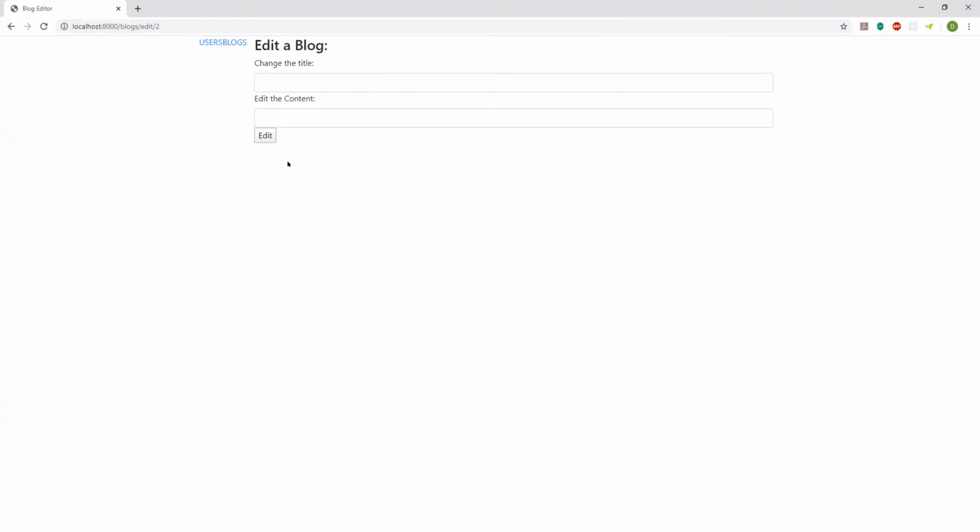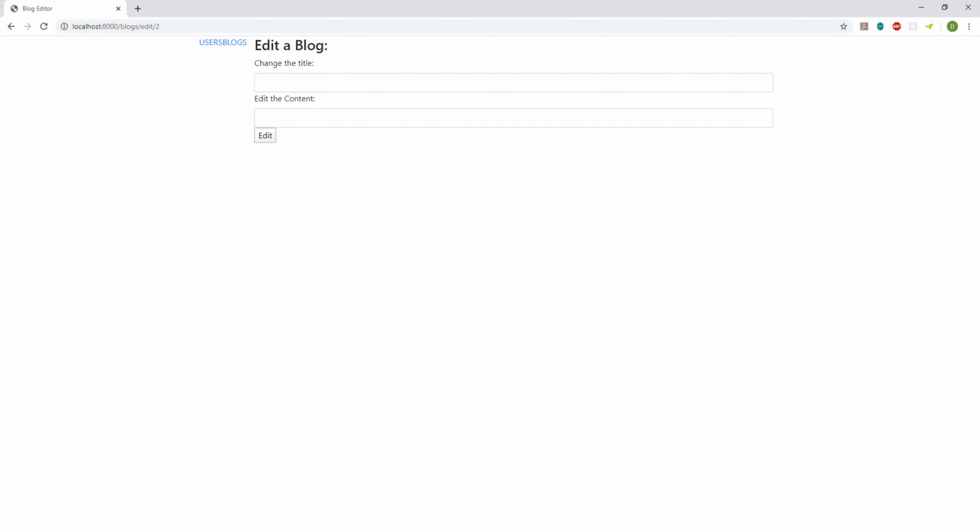Do you want that input to be already pre-populated with what it currently has before the edit? Exactly. Because right now, let's say I want to edit that blog and I was like, oh man, what's my title? If I press edit right now, it's going to deliver blank information. And I don't want to blank out my blog, but I don't want to have to remember everything that I put before. So how can I